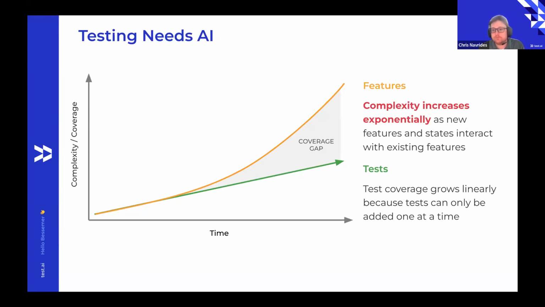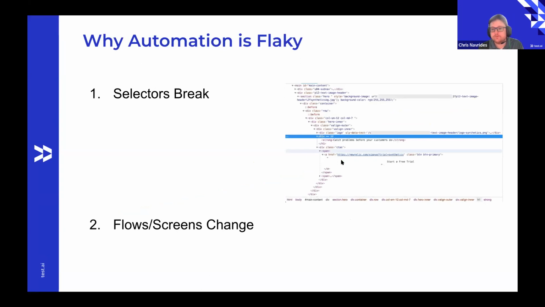There's a good post on Medium by Jason Arbin, one of our co-founders, about basically the half-life of a test case, covering all the stuff that happens as your test suite grows, just the maintenance cost grows with it. And so there are two main reasons why selectors break, or why automation is hard. The first one is just the selectors themselves break. This can be for a number of reasons. You could have things like A/B experiments going on, or the developers do their thing and they develop. But at any rate, they break that selector, and maybe they see it, maybe they don't.